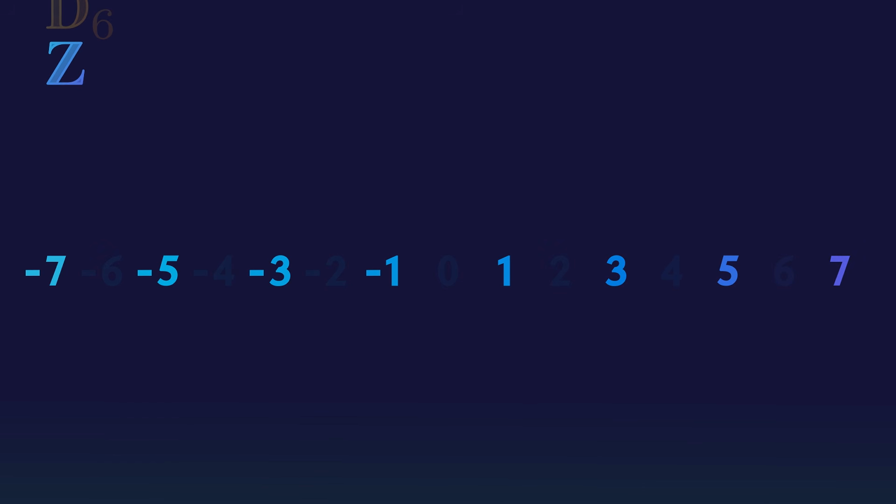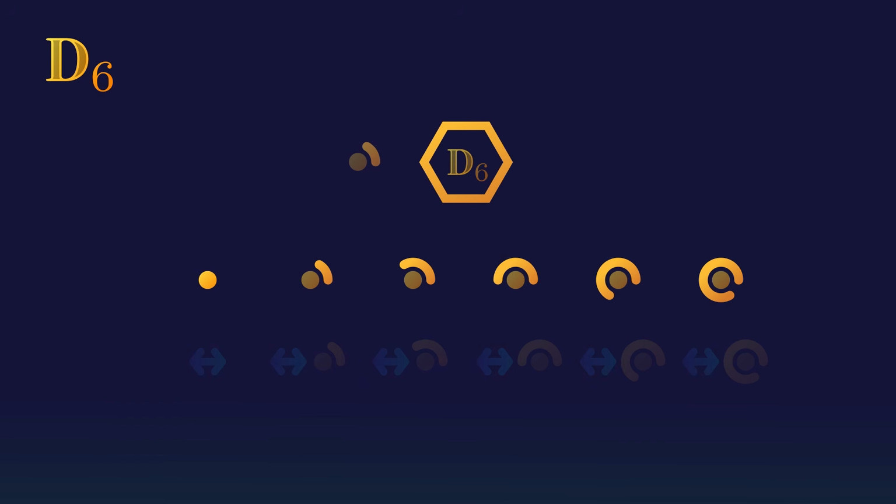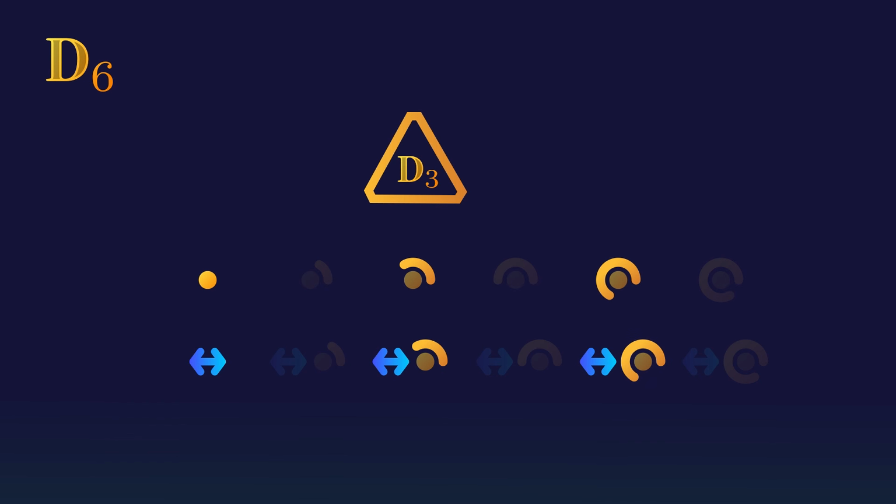As another example, D6 also has subgroups. For example, it's intuitively clear that the rotations do form a closed system, since a rotation and a rotation gives you another rotation, and proving that they indeed are a subgroup is just routine. D3, the symmetries of a triangle, is also a subgroup of D6. But if you think about it, that makes sense, as any transformation that is valid for the triangle is also valid for the hexagon. And as a final example, in Z9 there's the subgroup of 0, 3, 6.